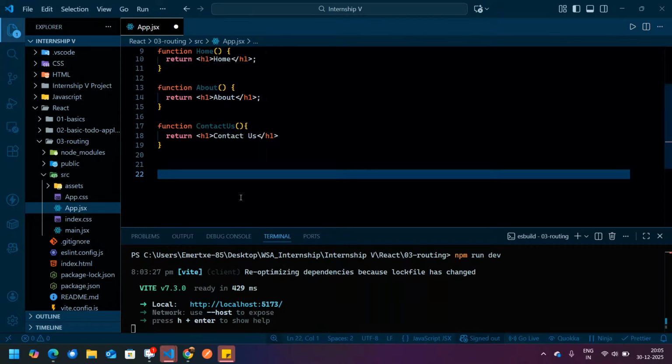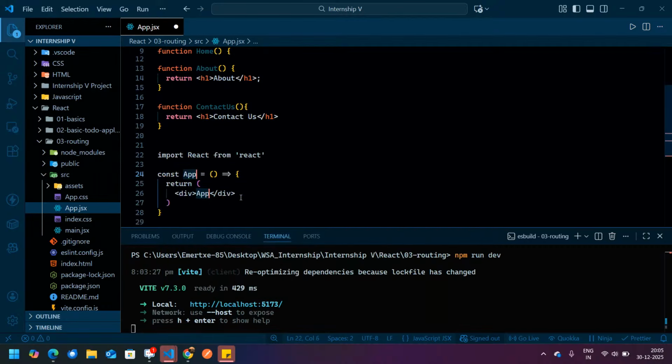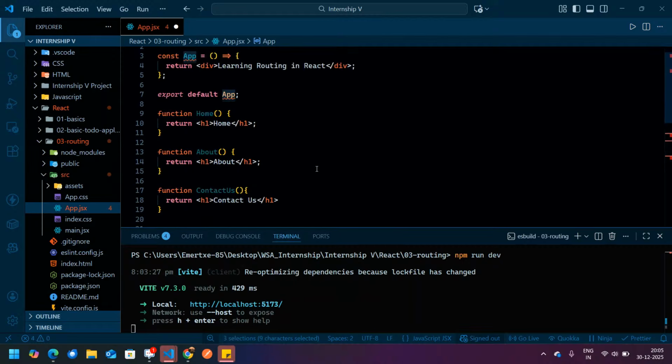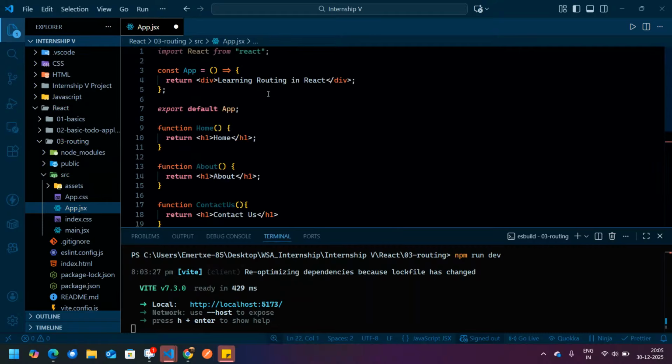Fine. And then we'll write our App.js. In App.js, RAFCE, you can write directly. Sorry, it has been written now on top, no need to write again over here.